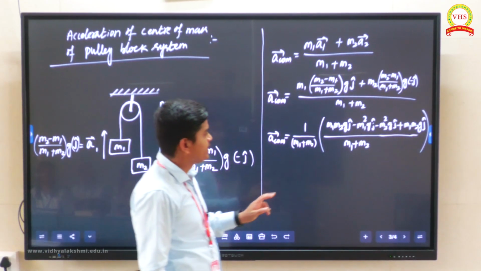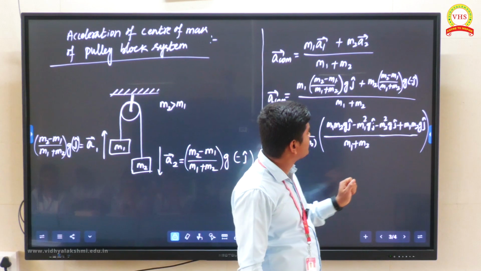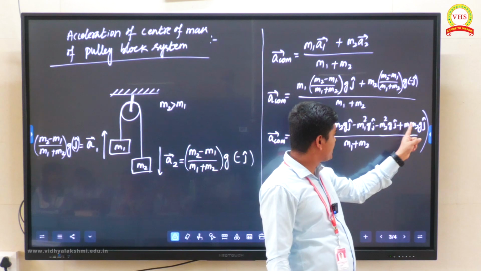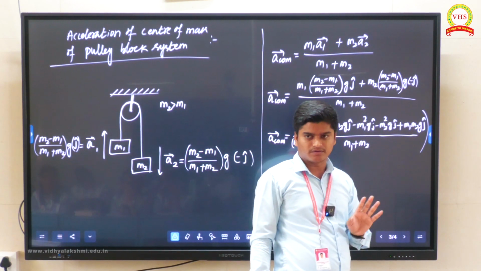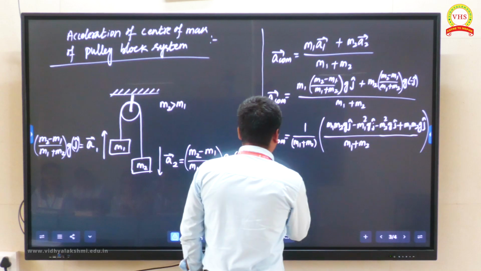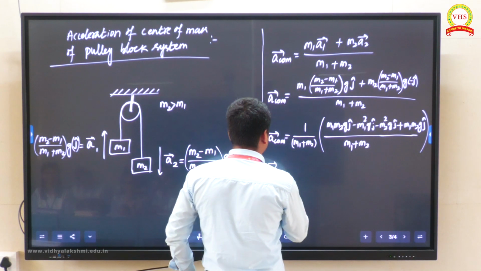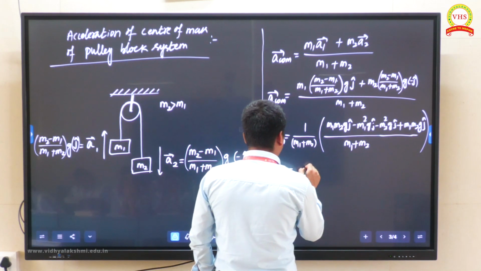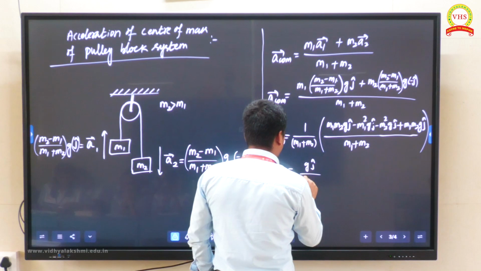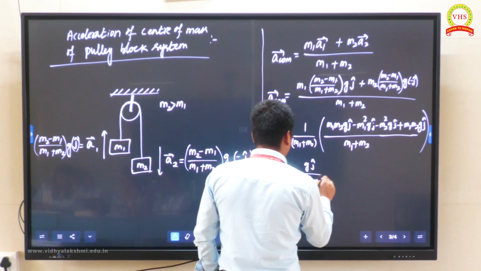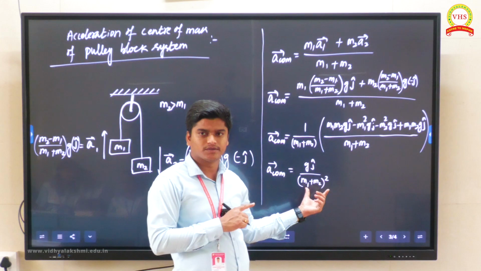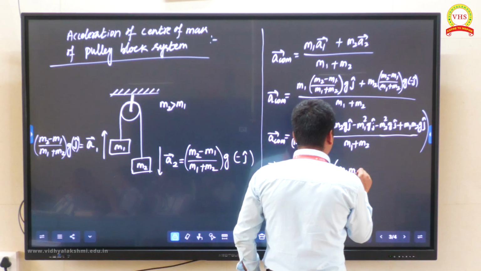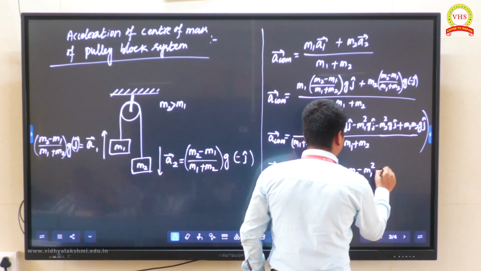No. Here it is m1 m2 g j cap. Here also plus m1 m2 g j cap. But if you check everything, g j cap is common. So g j cap you take out. So what to write here? Acceleration of center of mass, or you can take it with the minus sign also, no risk. But let me write first, g j cap out, (m1 plus m2) whole square. Okay. Now remaining terms will be m1 m2 minus m1 square minus